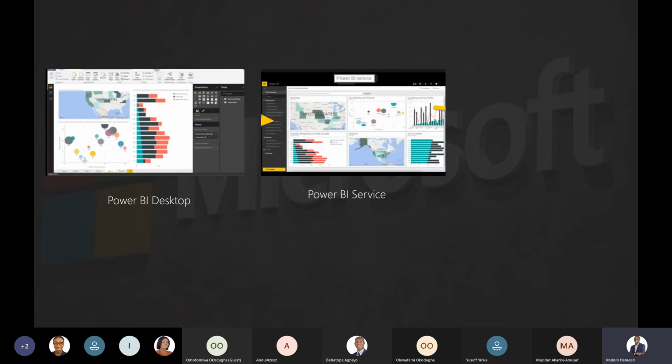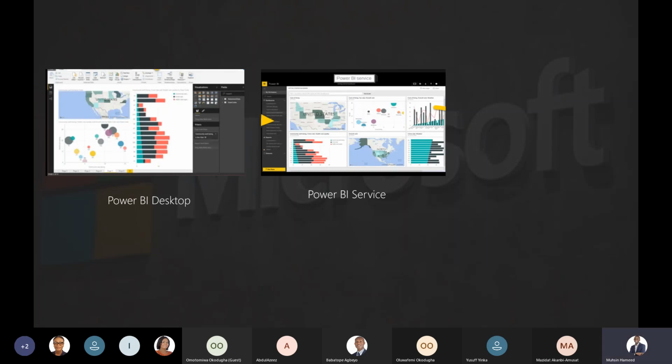The other product is what is called Power BI Service. The Power BI Service is the online version of Power BI. That is the software as a service product in the Power BI ecosystem. What it allows you to do is access your reports online.